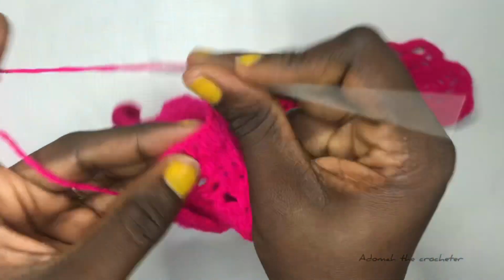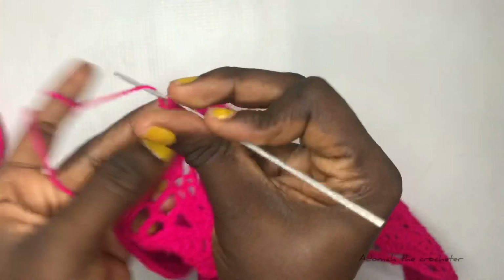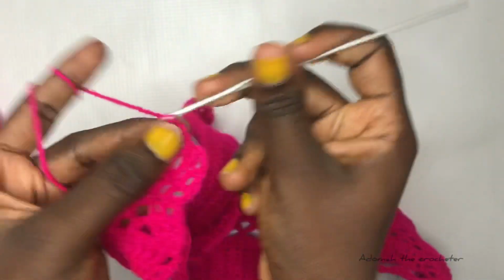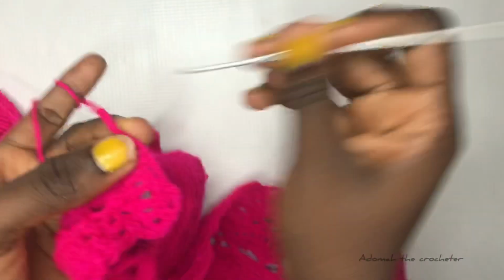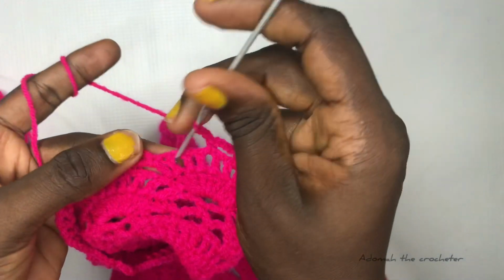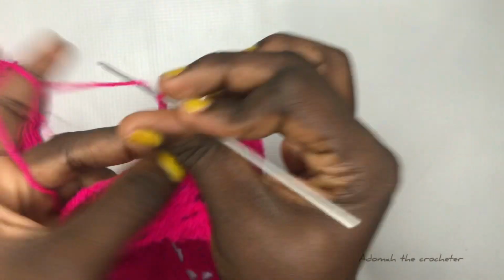Make sure you chain up 3 and then put a double crochet into the next stitch, and after that you are going to swiftly move to the next space, the very first chain 1 space, single crochet, chain 4, skip the next space, single crochet, chain 4, skip the next space, single crochet, and then do your last chain 4 for the shell. So chain up 4 again, skip the next space, and single crochet into the following. So you, as I told you, must have a total of 3 chains on top of the shell. So after that, you swiftly move to the next space, single crochet, chain 4, single crochet into the next space,